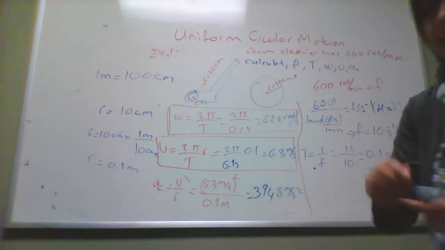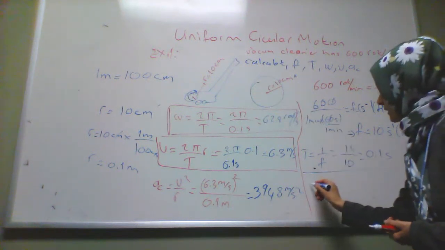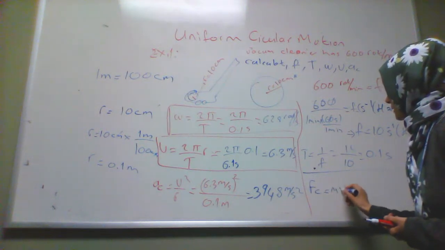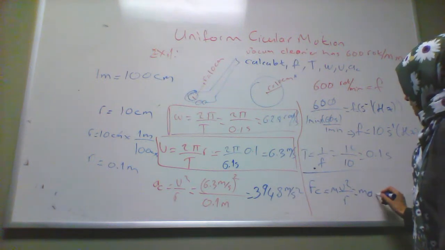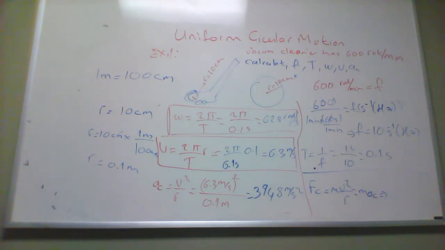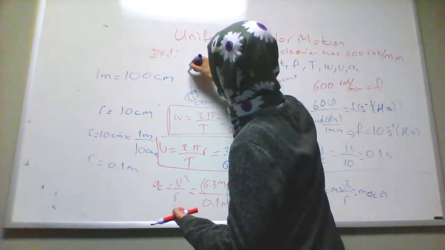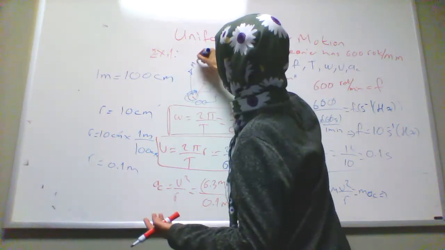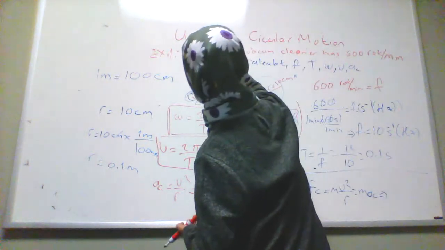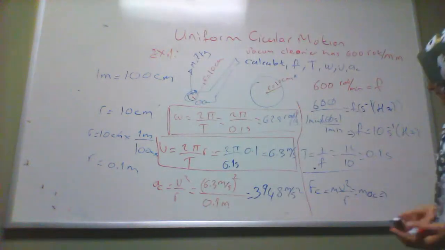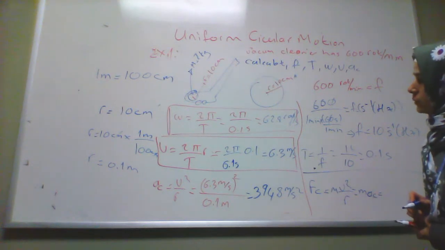And from here, it's not asked in the question, but it's pretty simple to find F is equal to ma. It's not asked because mass is not given. But centripetal force is m v squared over r, which is m a_c, and can easily be found. Let's actually find it. What would be the mass for this motor in here? Let's take mass to be 1 kilogram. But it will be too easy. Let's make it 2 kilograms. We can easily solve for F_c, centripetal force, which is equal to